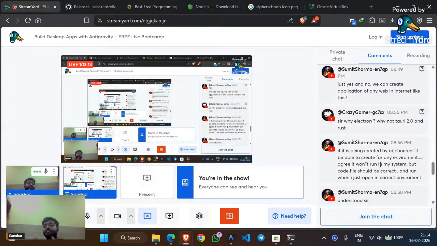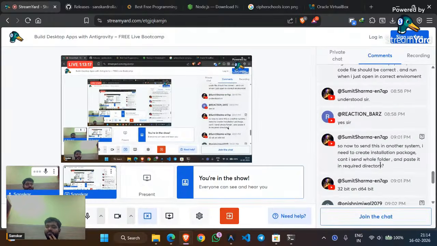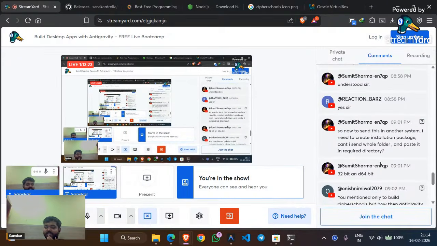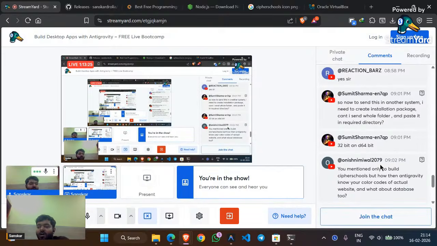So to build the package, to build the file, you need resources. Okay. So now you send me the system and I need to create an install package, the whole folder, and paste it in the required directory. So now you send this to understand. Yeah, so you can just push your code to GitHub, fork that, clone that code to your friend's laptop system,